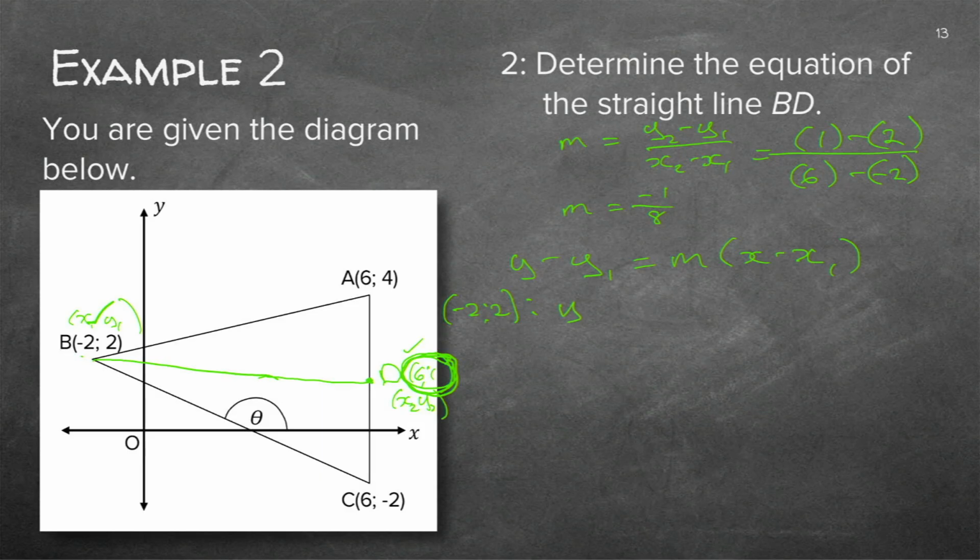So I'm going to say y minus empty bracket, which is 2. The m is minus an 8th. X minus empty bracket, which is minus 2. And that gives me y minus 2 is minus an 8th x. That gives me a plus times a minus is a minus. And it gives me a quarter, because it's actually 2 over 8, which gives me then just a quarter. If I take the 2 over, it's plus 2 minus a quarter is plus 1 and 3/4.